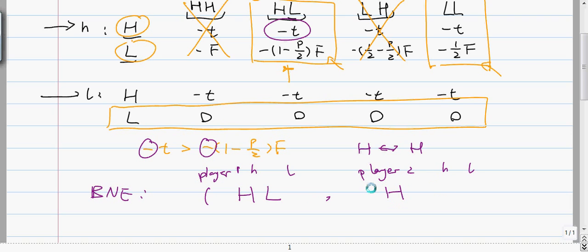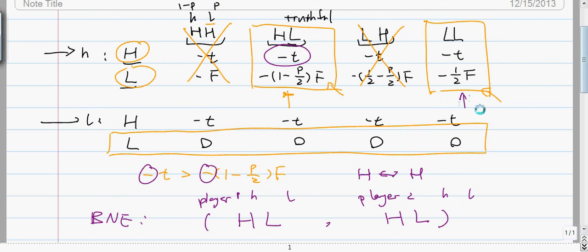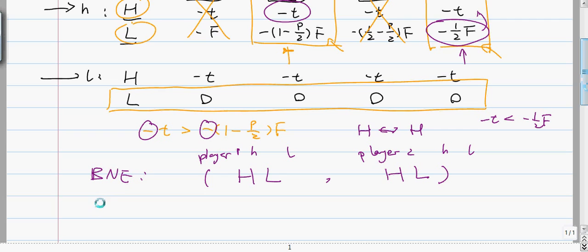The other case is this case. Suppose the other guy reports L, then I will report L as well, because given the condition in the question again, this number is greater than the other number. So minus t should be smaller than minus half f. And in that case, both of us will lie, and that's the Nash equilibrium. So the second Bayesian Nash equilibrium would be LL and LL. So no matter what type I am, I always report low,